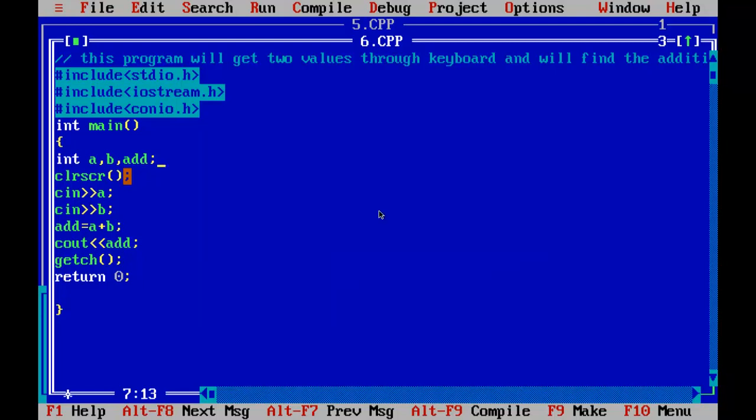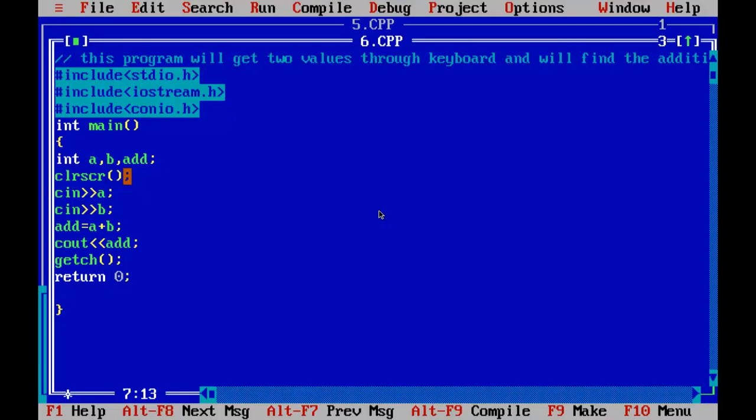No error. Control F9. See, it is just a blank screen with a blinking cursor. If the user is a new one, he will be confused about what to do. Because this program we have written, we know it is asking for the value of A. For example, value of A is 4, and now again stop. Value of B is 10, and this is the result. Now enter, it will come back in the program.